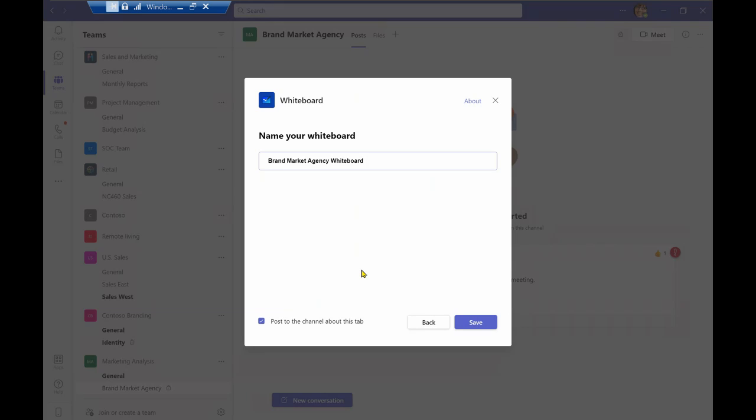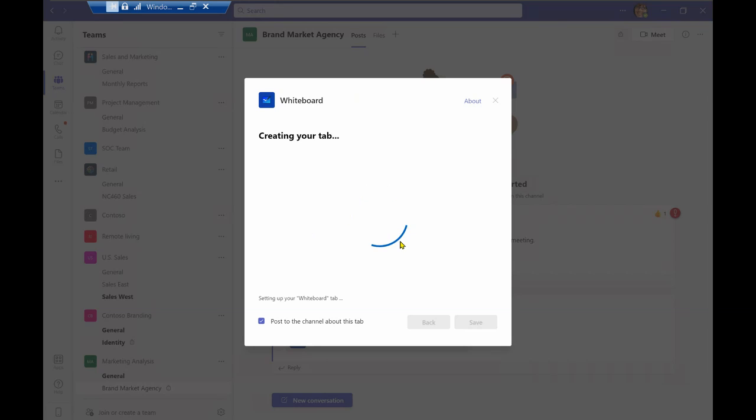Now, I specifically did want to draw your attention to this option right over here. You have the option to select this button and it will post to the channel automatically about this tab. So you wouldn't have to necessarily go out of your way to post about it. You can go ahead and select it and it'll generate automatically. And in this way, you can notify everybody in the channel that there is this new tab and they can go ahead and take a look without necessarily tagging them or reaching out to them individually. So I'll go ahead and share that application out and I'll save this.